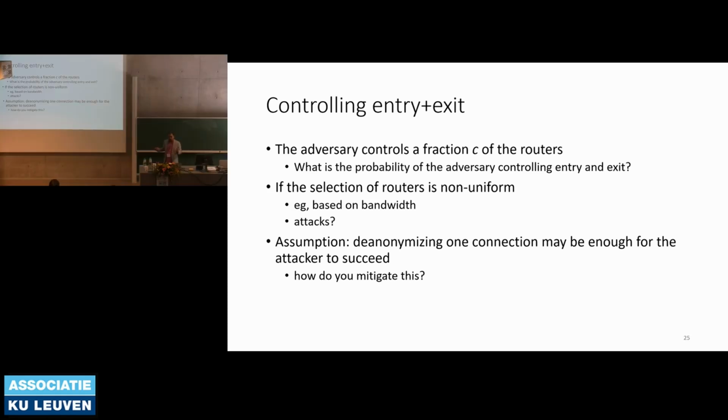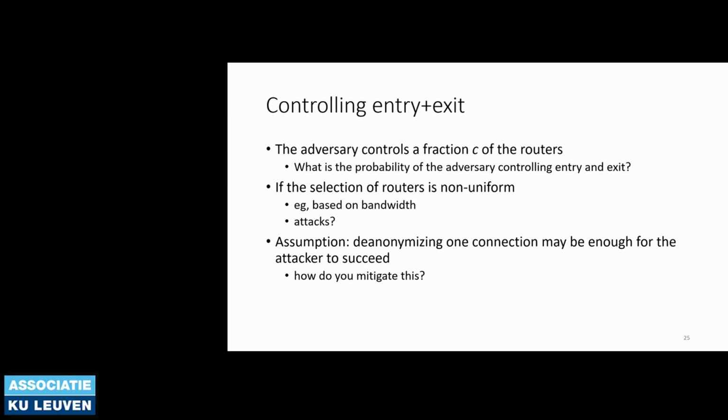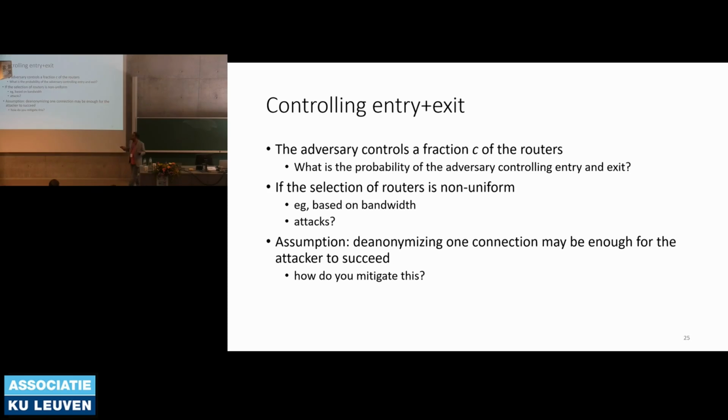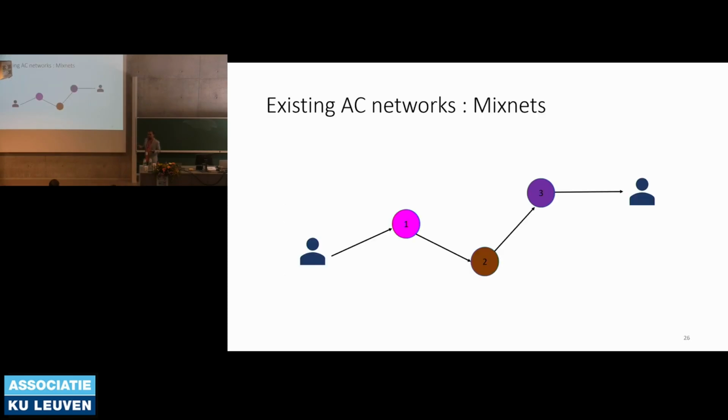And then the question is, if you can predict things based on this kind of traffic correlation, based on the timing correlation, that this is when the traffic was generated and this is when the traffic left the system, how do you avoid such attacks? What can you do? You introduce delays. And that's where MixNet comes in.